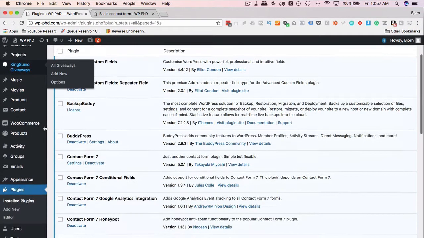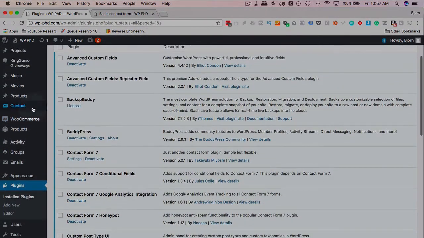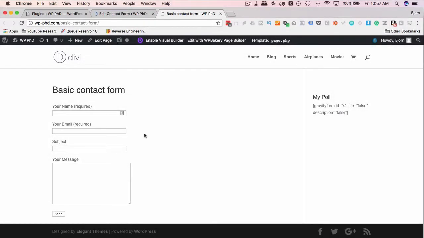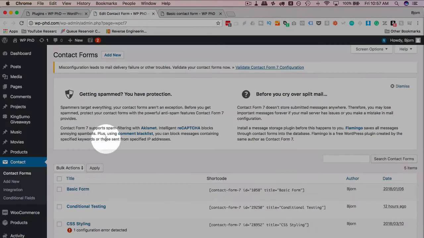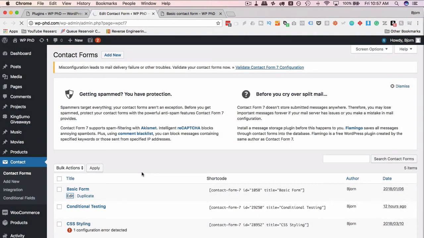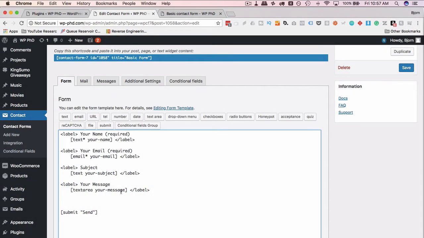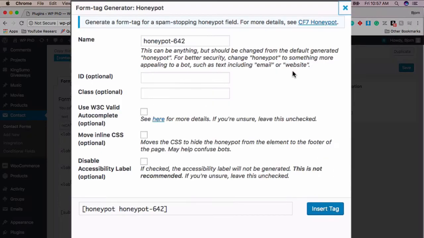Now if we access any one of our forms, I'm just going to go to Contact and open the form builder for the form that I have on this page. It's a really basic contact form. We open the builder for that form or any other form that you have or any new form you build. There's now going to be a honeypot button in the form editor. The honeypot button is right here, maybe in a different spot on yours, but it's somewhere in this list of buttons up here. So if at the end here we just add some space, click on honeypot,